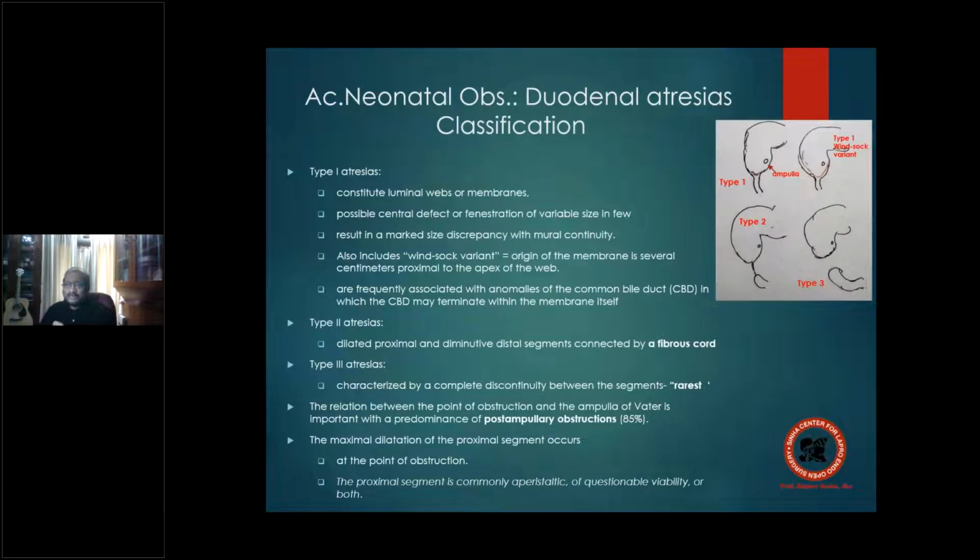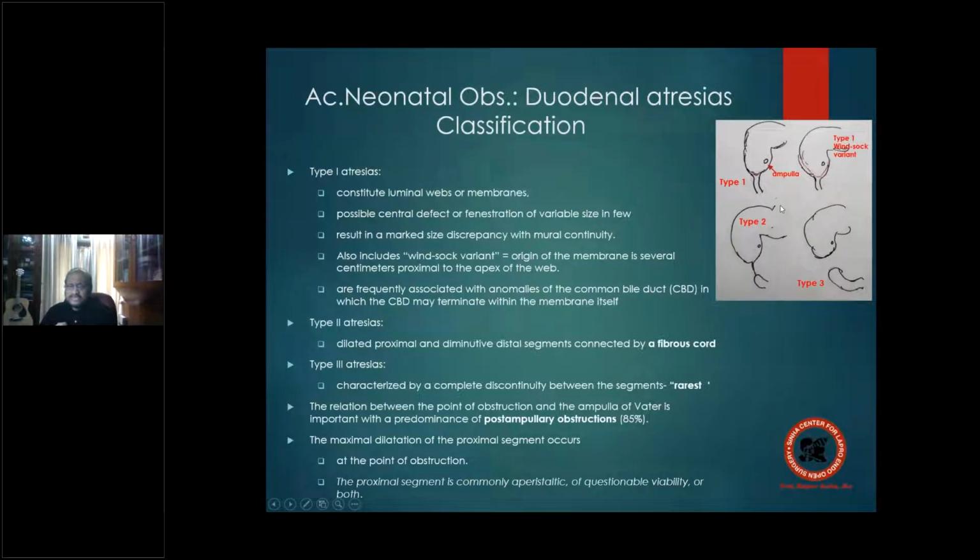Right? Now, what are the types of duodenal atresia? 4 types: type 1, type 2, type 3, type 4. Now, just concentrate on the opening, that is the ampulla. See, the ampulla in most of them is lying proximal to the obstruction. The obstruction here, here, here, here. Now, type 1 is basically when you have a web which can either be fenestrated in the middle or at the side. That means what you're looking at is not a complete obstruction, it is a slightly incomplete obstruction because of luminal webs or membranes with a possible central defect of fenestration of variable size in a few of them,